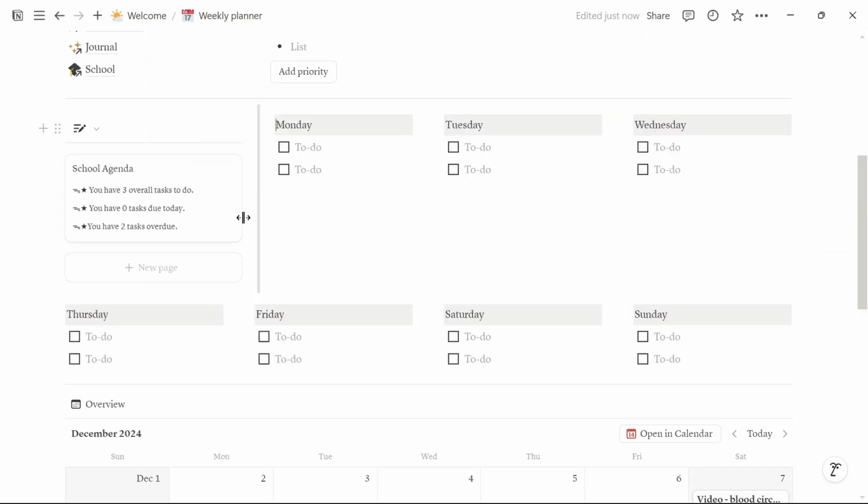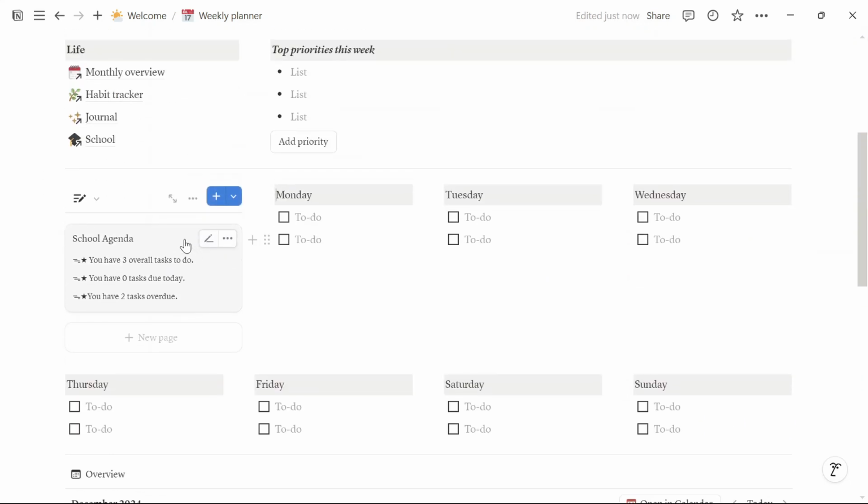And then this is also helpful if you're in school. This links to the school page. So basically, it shows how many tasks you have. So it will show, okay, you have this many tasks to complete overall, this many due today, and how many tasks are overdue. So if you go to school,